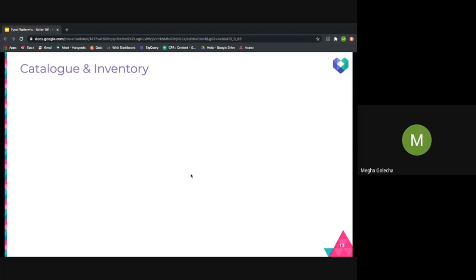Moving on, there are certain things that you need to know about catalog and inventory and how we follow it. While uploading anything, we follow a category cross department classification. For example, if you're selling a cell phone, it belongs to the electronics department. Also, if someday you are selling eatables or groceries, it will go in the groceries department.